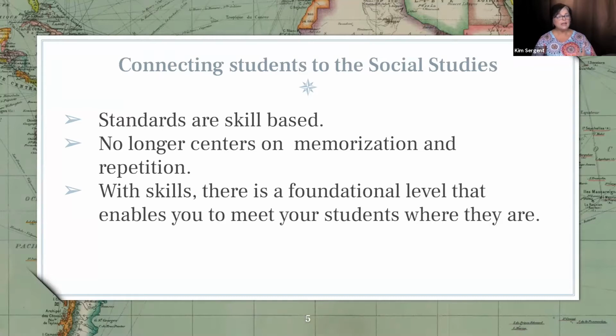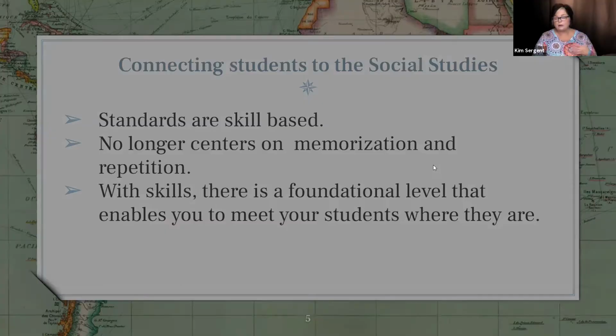But when you look at the last bullet up there, it says with skills, there's a foundational level, and this is where you can meet those kids. This is where you all can come in and start working with them, look at those most basic skills, and build up and scaffold. That's why I love these standards so much, because it's no longer this whole idea that if you can't tell us who was at the Battle of New Orleans in the War of 1812, then you failed. It goes way past that. It's like, why did we even fight the battle? Why did we fight the war? There's thinking around that you can actually help your kids think about.